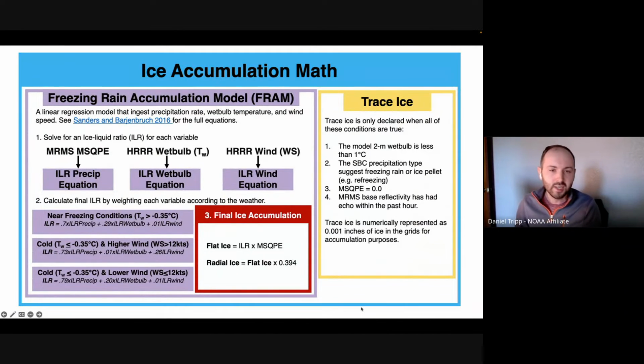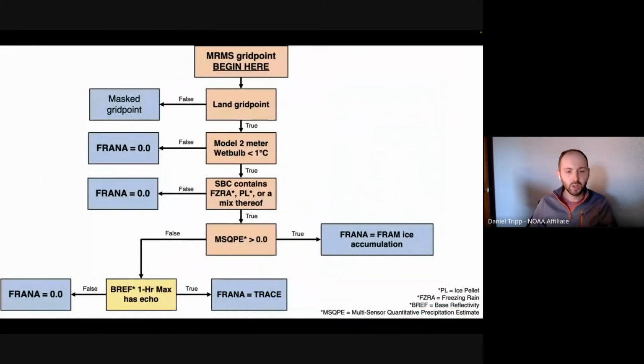If you're like me and you need to see how this all works in terms of a decision tree, here's a quick decision tree for you on an MRMS grid point. So you'd start up here at the top. If you're over land, we'd continue on. If not, we're going to mask out anything over the Great Lakes or the ocean. So if we're over land and we're cold enough, the 2-meter wet bulb has to be less than 1. If we're not, it's going to be 0 ice. But if it is cold enough, we'll